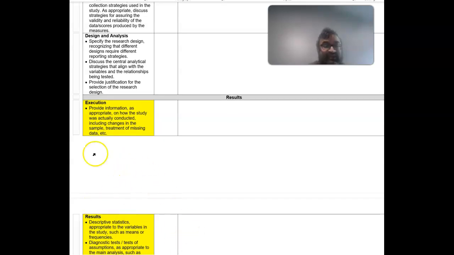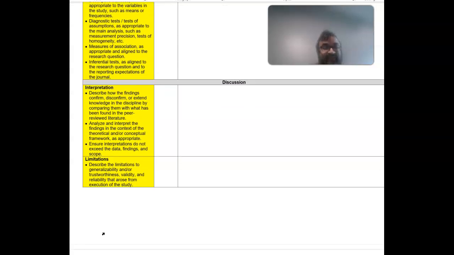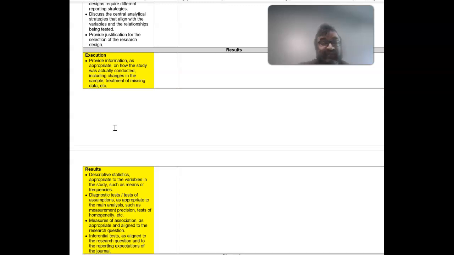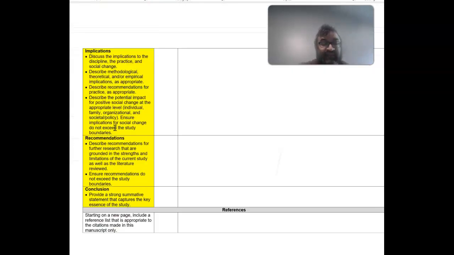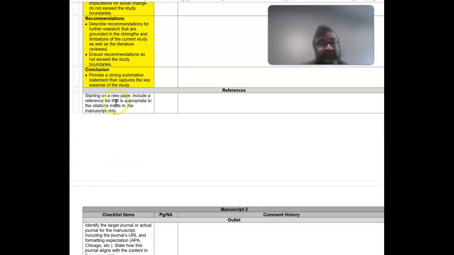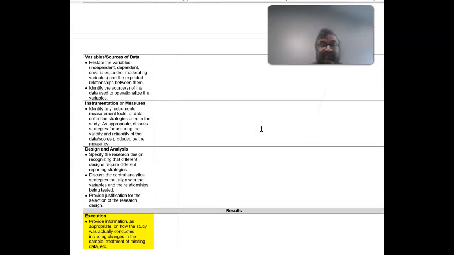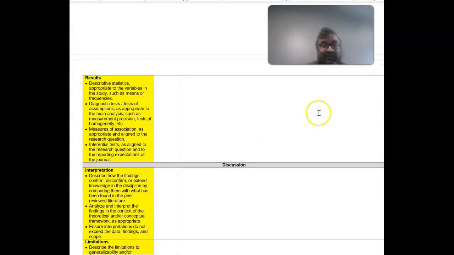However, when you're looking at the results, and then in the discussion and under that interpretation and limitations, these are all part of the final study. Again, anything in yellow is what you complete after the proposal until you get to the final study. So here are recommendations at the end, references, and manuscript 2 follows suit in the same way, and then results,